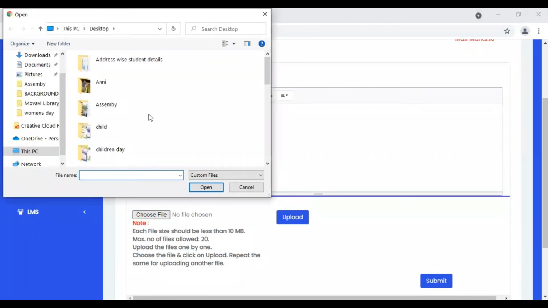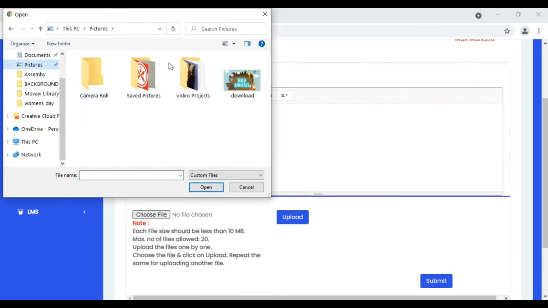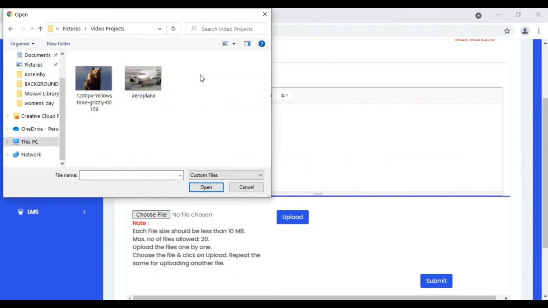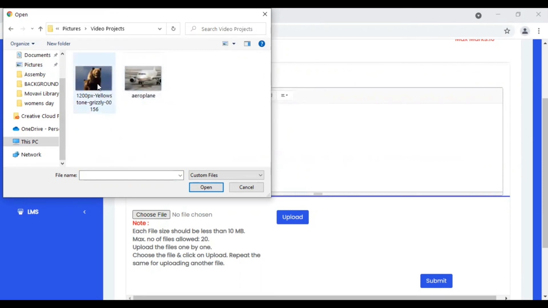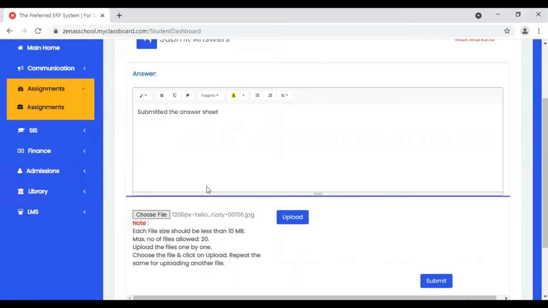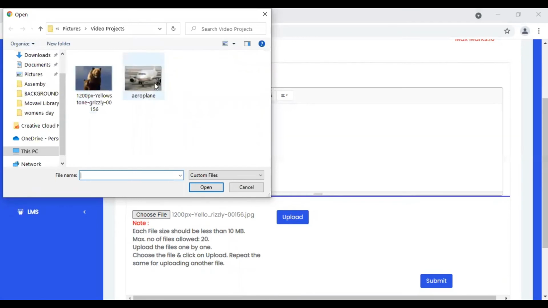Choose file, and you can choose whichever pictures you have taken, open it here and select it. Teachers, parents or students, if you have two papers to attach, first attach one paper, open it, then go back to choose file and attach one more.